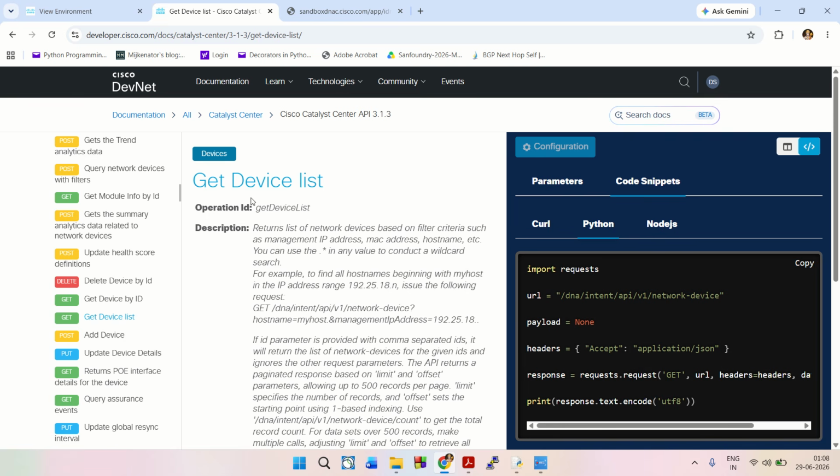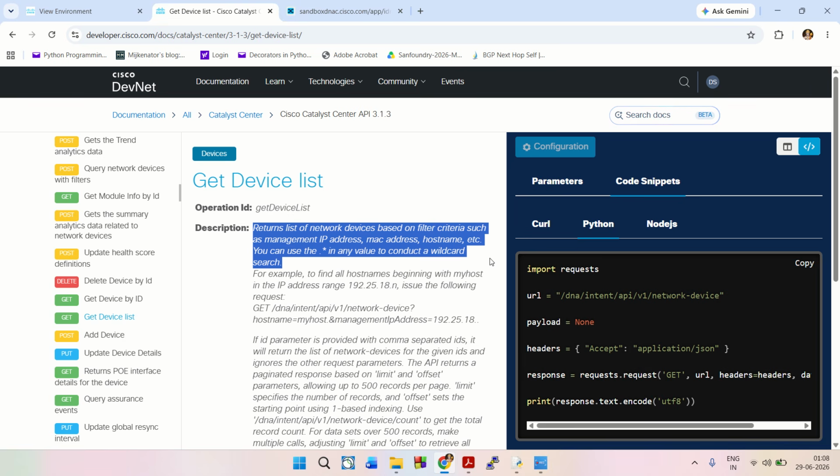So the API that we are going to access is the get device list, and the get device list is basically responsible to return the list of the network devices based on filter criteria such as management IP address, MAC address, hostname, etc. And we can use the dot star in any value to conduct a wildcard search, right? Now